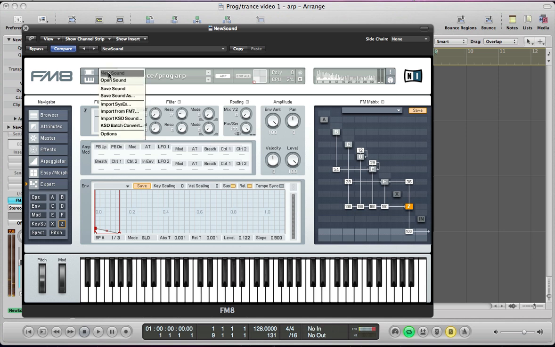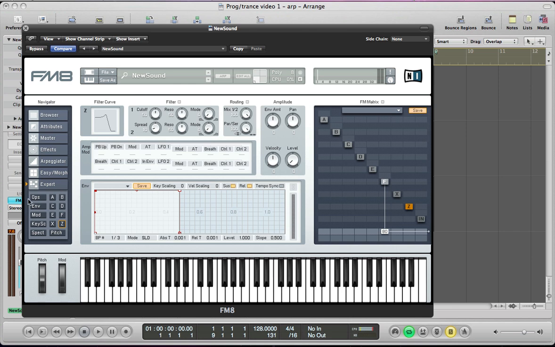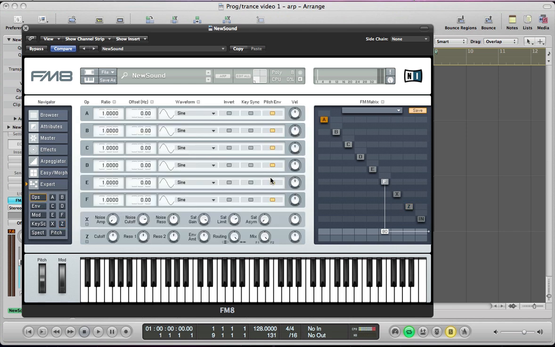Okay, so let's go ahead and create a new sound in FM8 and go to the ops page and start programming the operators. So we're going to route all the operators we're going to be using through the filter, which is operator Z. So we can route operator F to operator Z here, turn the route amount up to 100, and then start programming operator F. We're going to have it as a sine wave. It's going to be key synced, and we're going to take the ratio down to